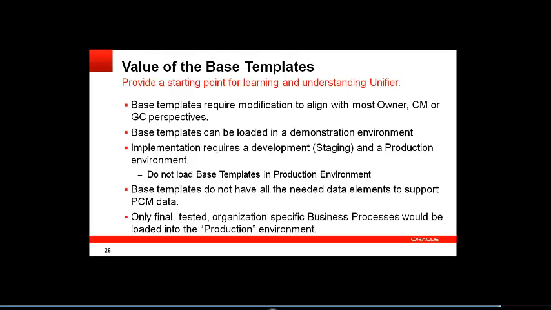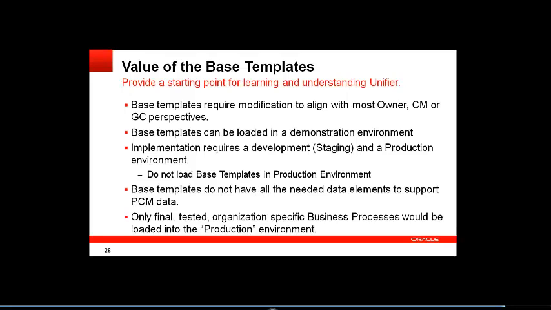One of the things to remember with Unifier is that you need to be careful how you configure things, because some things can't be changed. You can't just delete it. The most you can do is hide it. And there's no sense making your database more complicated than it needs to be.